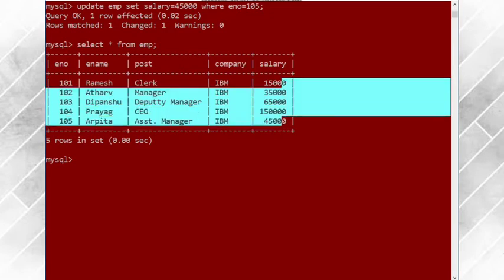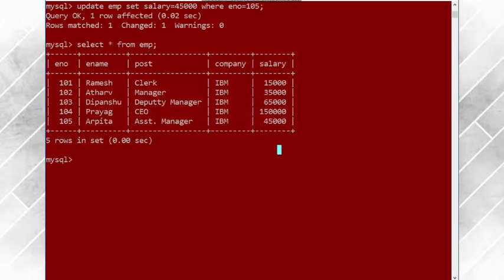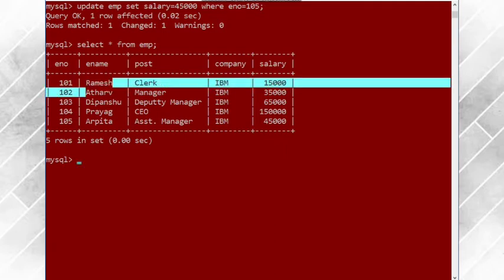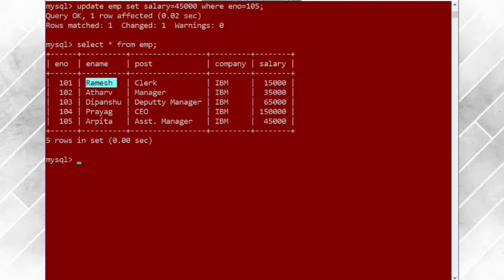So this is how you can add a new column, with the help of the alter command, and you can update the value of any column with the help of the update command. You can update the value of an existing field as well. Suppose I want to change the name of Ramesh to Dr. Ramesh or Mr. Ramesh, you can use the same update command.